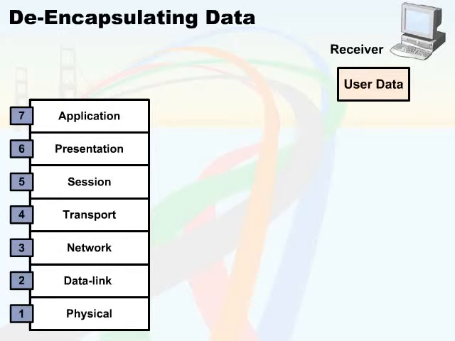Now there are a couple of points about data encapsulation and data de-encapsulation that are very important. Not everything that a sender and receiver will do happens inside of a single packet. So we will see that every one of our layers is required. Certain things will happen at certain times. Let's say that an application requires authentication before any data can be sent. Authentication has to happen at layer 7, thus everything else that occurs below layer 7 is all based upon supporting